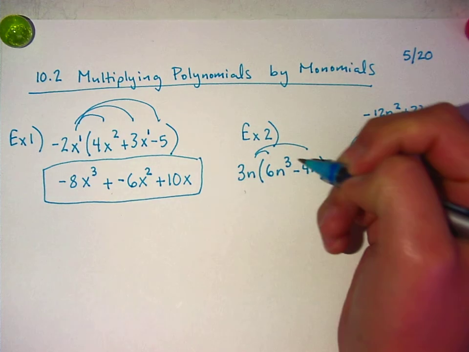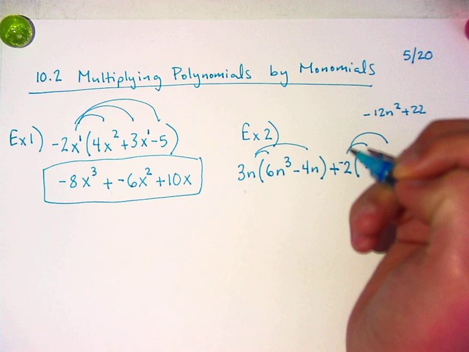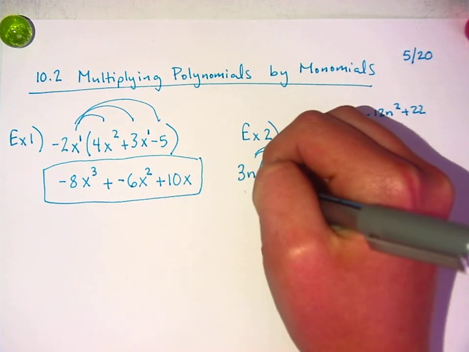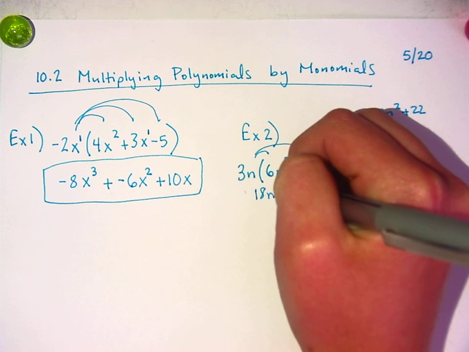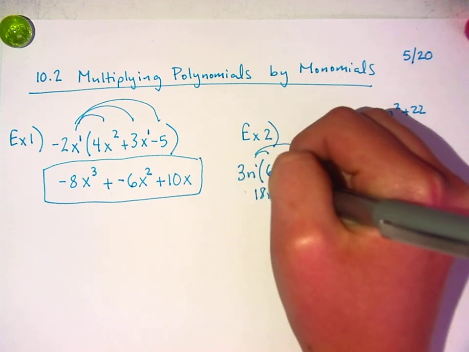Okay, so first you're gonna distribute everything. So the 3, you multiply it with the 6, that's 18, and it has an imaginary 1 right there. So it's like